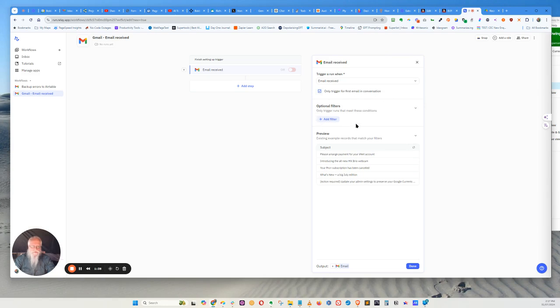Now, I do want to have a filter because I only want emails that have the word receipt in the subject. So I'm going to add a filter there. I'm going to add the subject, contains receipt. You could possibly use the body in there, but subject will do for the moment. And one of the nice things about this is it shows you examples of emails that have got the word receipt in the